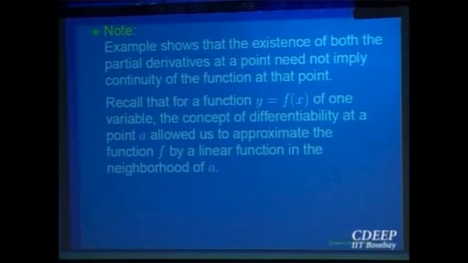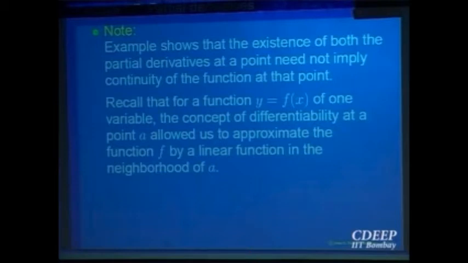But how do you draw a tangent plane to a surface? What should be your definition? Geometrically, given a surface and a point, what should be called a tangent plane? Right? Now the problem becomes more complicated even compared to one dimension. So imagine some kind of a cone, okay? At the cone, if you have a plane, would you call that a tangent plane? But why not? So there is a problem. Why should we call it a tangent plane or why should we not call it a tangent plane?